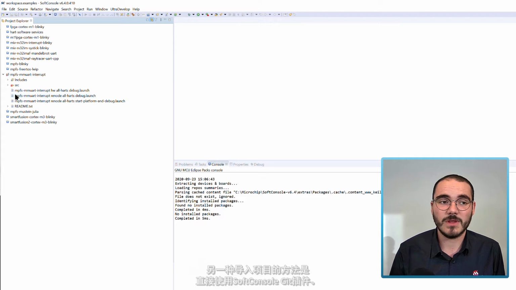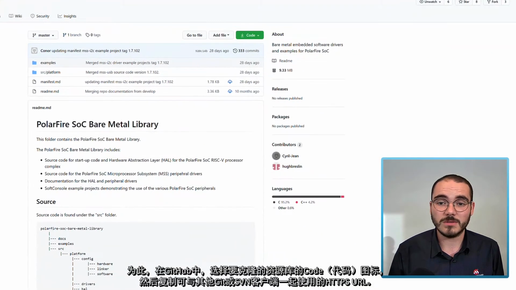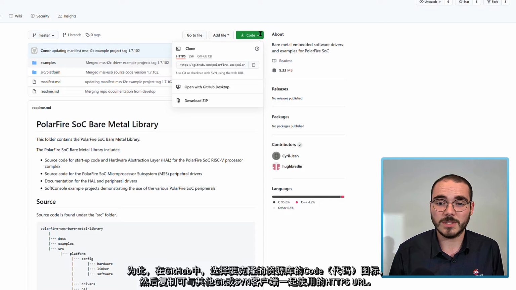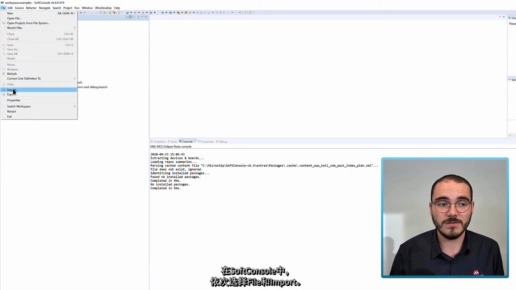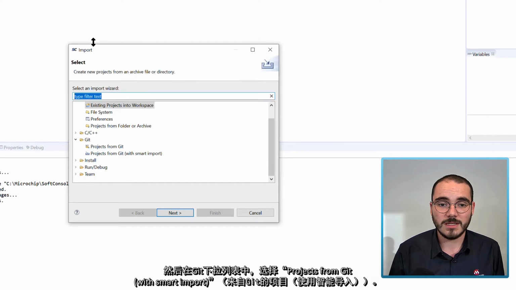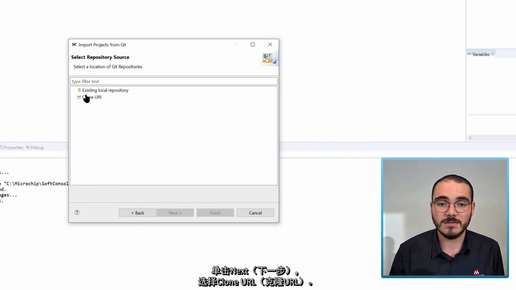Another way to import projects is directly using the SoftConsole Git plugins. To do this, in GitHub, select the code icon of the repository you want to clone, and then copy the HTTPS URL that can be used with another Git or SVN client. In SoftConsole, select File, Import, and then under the Git heading, select Projects from Git with Smart Import. When you click Next, select Clone URL,